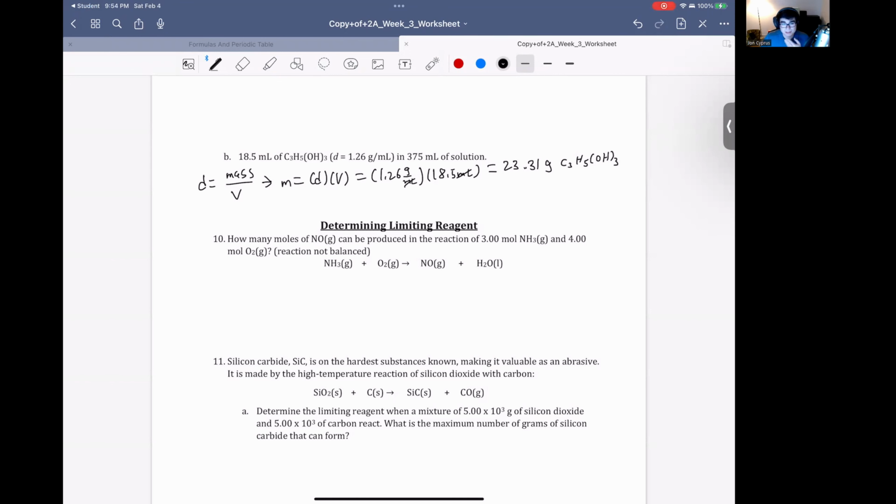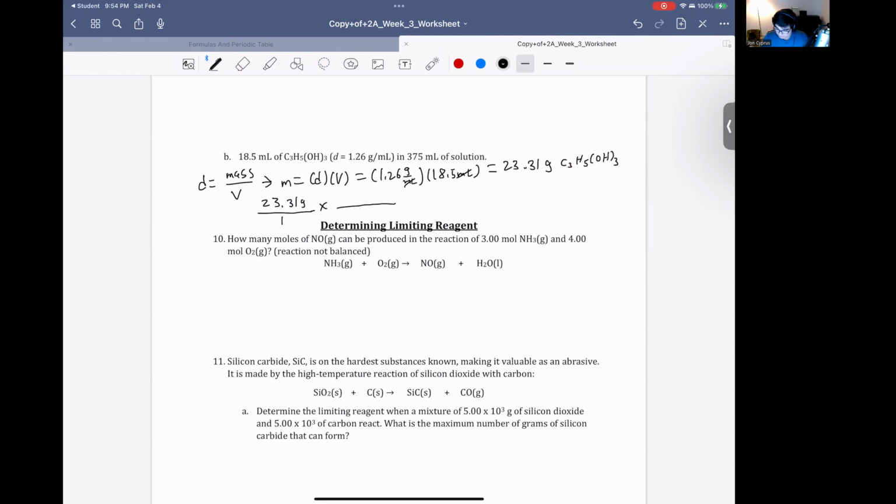Now we have to convert this into moles and then into molarity. So 23.31 grams. I'm not going to write the whole thing, just for the sake of room, but this is grams of this substance. So the molar mass here,